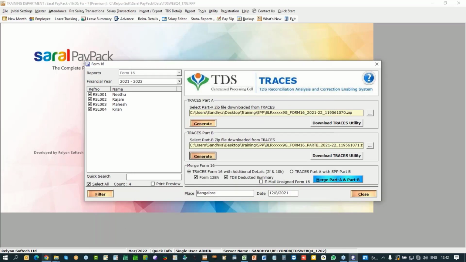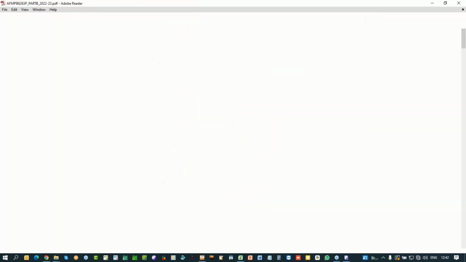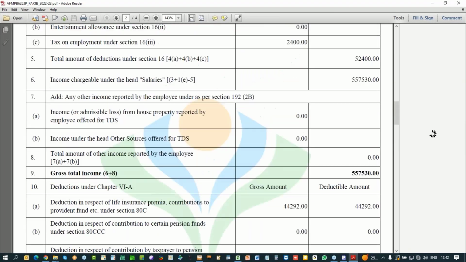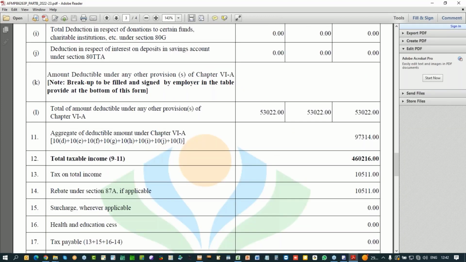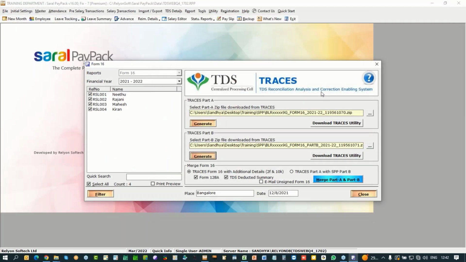Okay, so now both the forms are generated. So this is part B. Here you can see all the salary details, the salary details are provided over here. Now you can either mail this as it is, that is part A and part B as two different PDFs, just mail it across to your employees. Or else, if you do not want to mail them separately and want part A and part B in a single PDF,